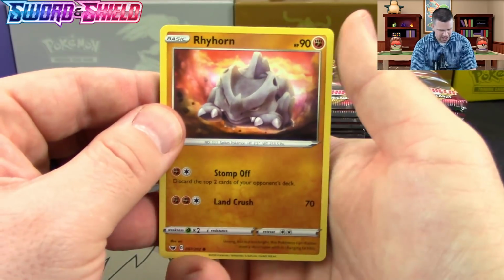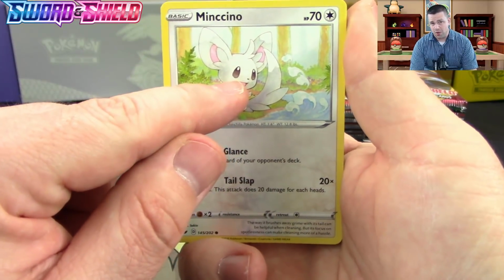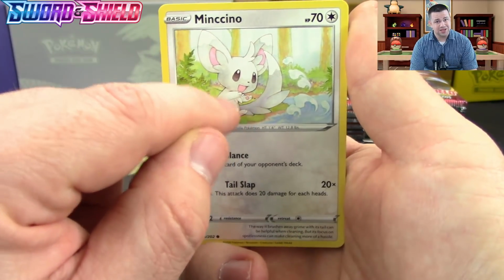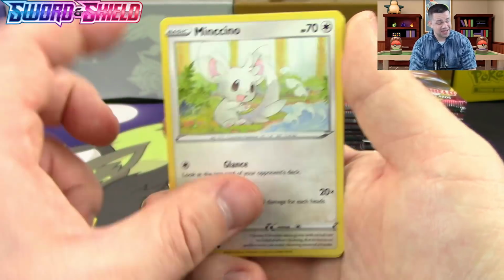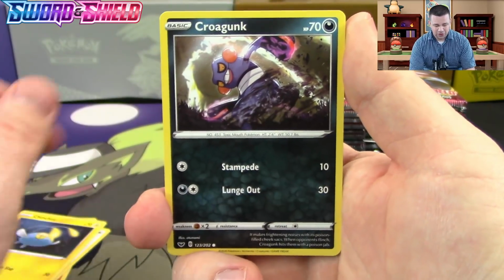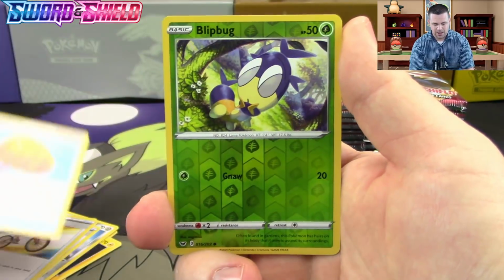All right, here we go. So we're gonna start off here with a Rhyhorn. We've got a Minccino. And for those of you who play Pokemon Go, on my birthday, there will be a Minccino event as well. So make sure you guys check that out in Pokemon Go, because I will definitely be out on my birthday to get this little guy right here. And he can be shiny, so another thing just to notate for the future. All right, we got a Chinchou and a Krogunk, as well as Galarian Meowth, Metal Saucer, Rotom Bike, Big Charm,